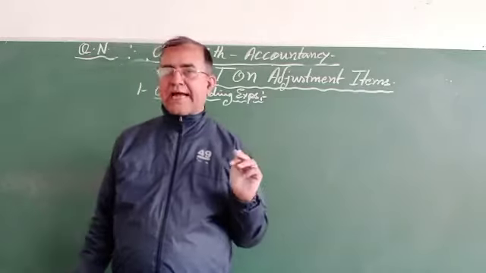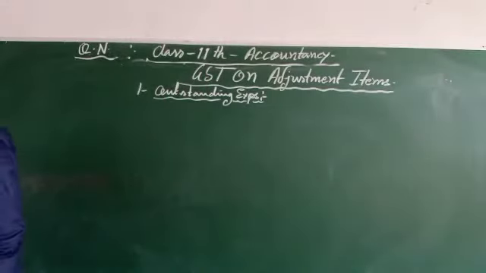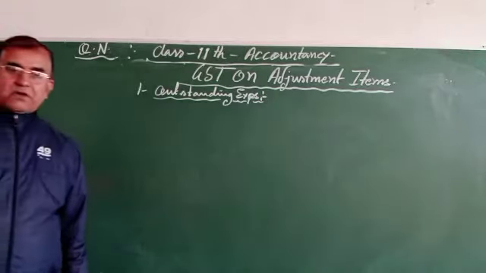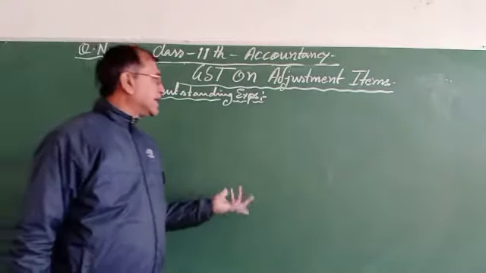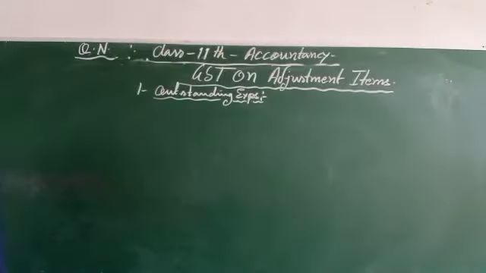Suppose the outstanding rent given is 10,000. For example, the adjustment entry will be